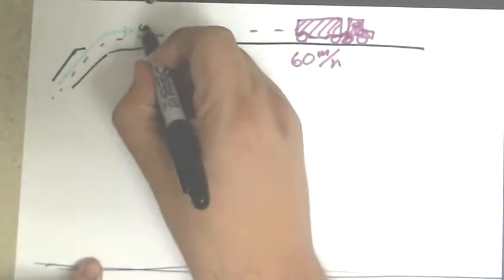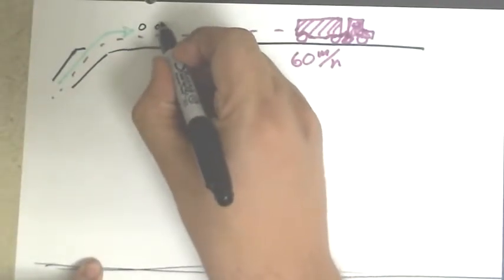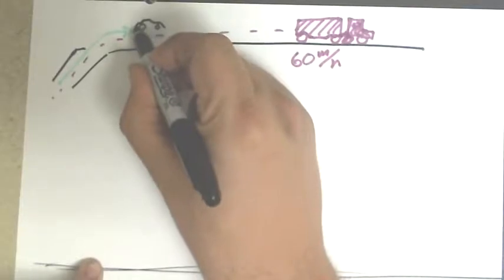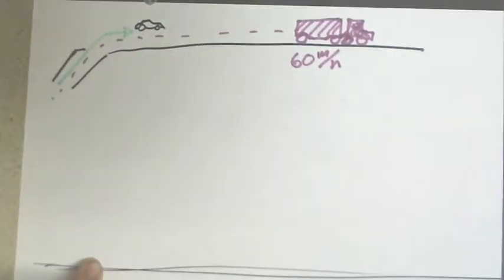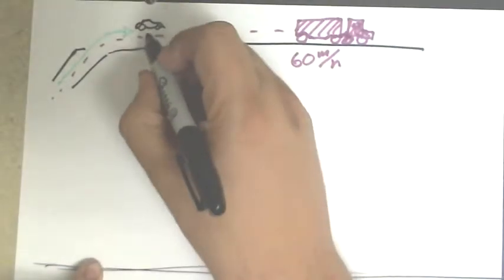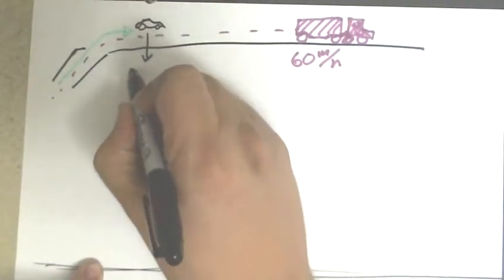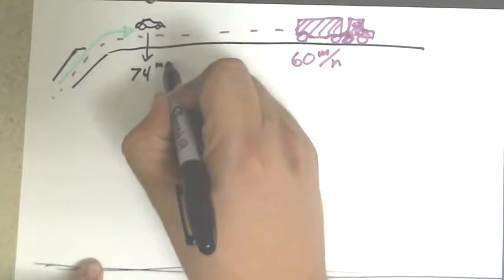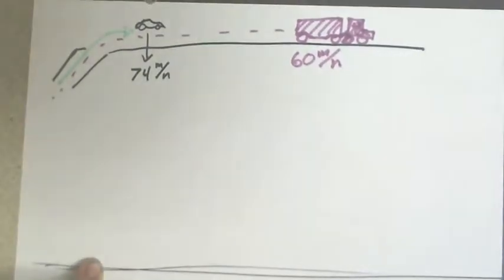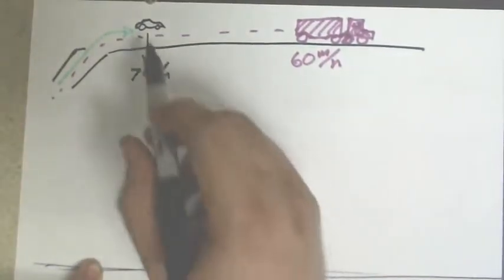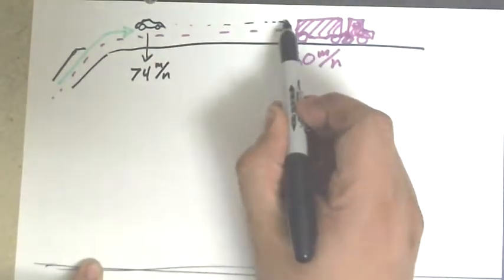This car, probably some little sports car or something. This little car is behind by 6 minutes, but it is going 74 miles per hour, so it's going quite a bit faster. And at some point down the road,